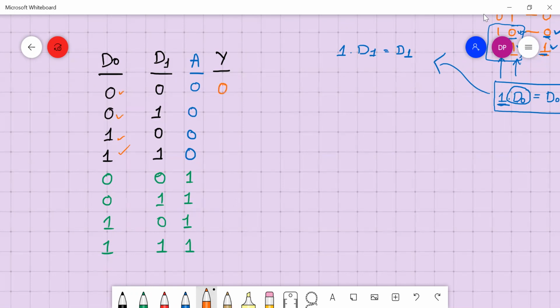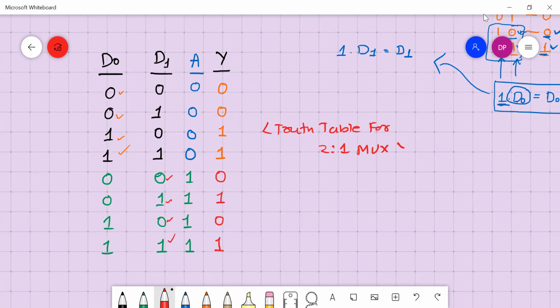So this will be 0, 0, 1, 1. When A is equal to 1, Y will be equal to D1, so Y will be 0, 1, 0, 1. So this is my truth table for a 2:1 multiplexer.